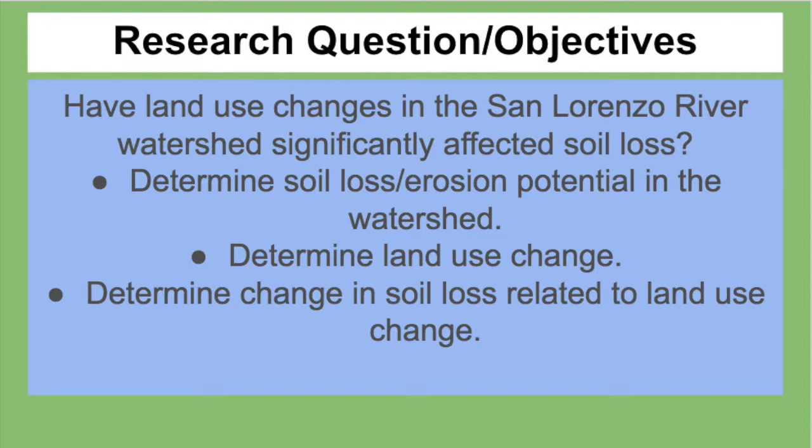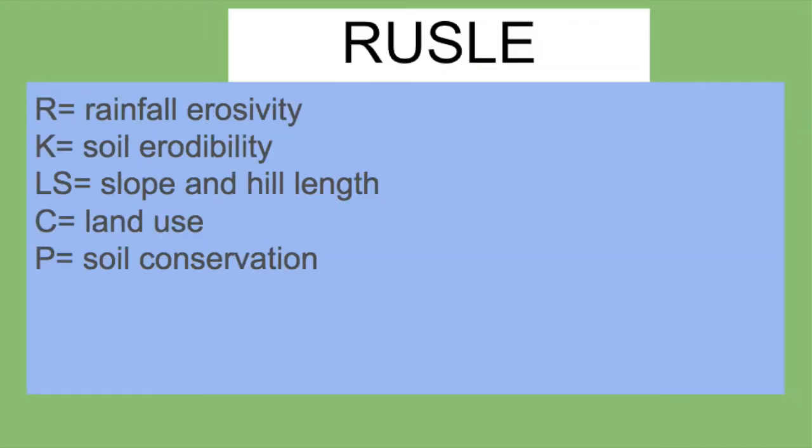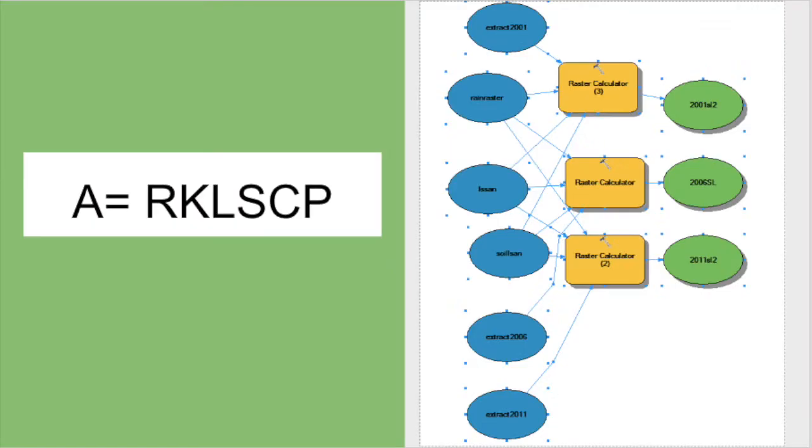Soil loss predictions were done using the Roosley equation. Roosley is an equation created and used by the USDA to predict soil loss based on a region's annual rainfall, slope and hill length, land use, soil type, and agricultural soil conservation practices. After generating a layer for each of these variables, soil loss can be calculated in ArcGIS on a pixel-by-pixel basis through the use of the raster calculator, and areas with high or low erosion potential identified.